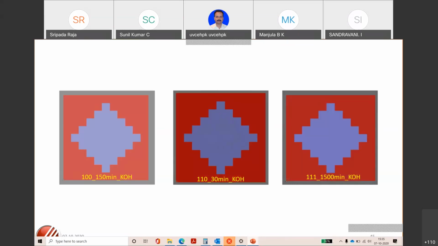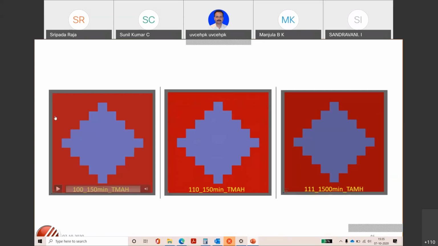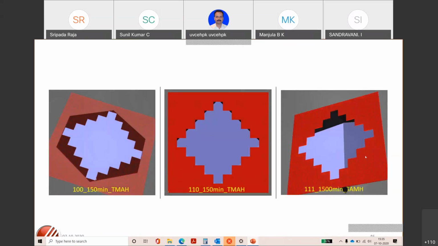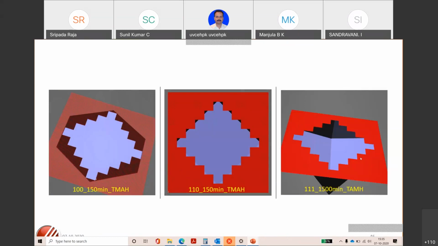Similarly, we have another chemical called TMAH, tetramethyl ammonium hydroxide. Here is tetramethyl ammonium hydroxide with 150 minutes of etching on 100 and 110, and 111 is different because etching 111 is extremely difficult, so naturally it requires more time. Here, the same chemical and same minutes of etching, but the profile is completely different. So we need to be aware of all of these things